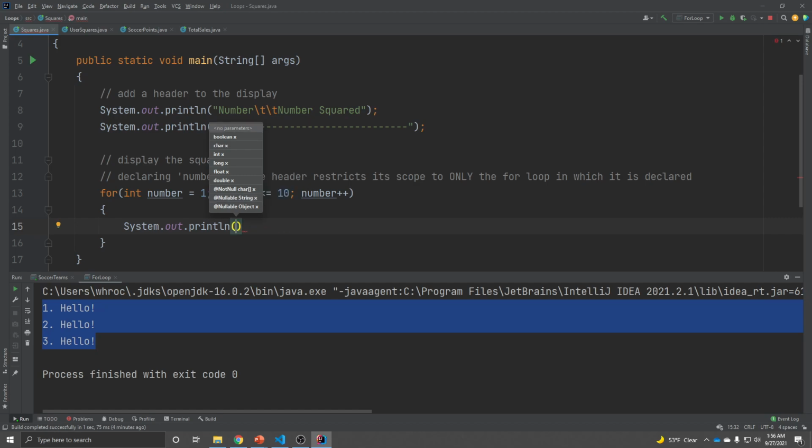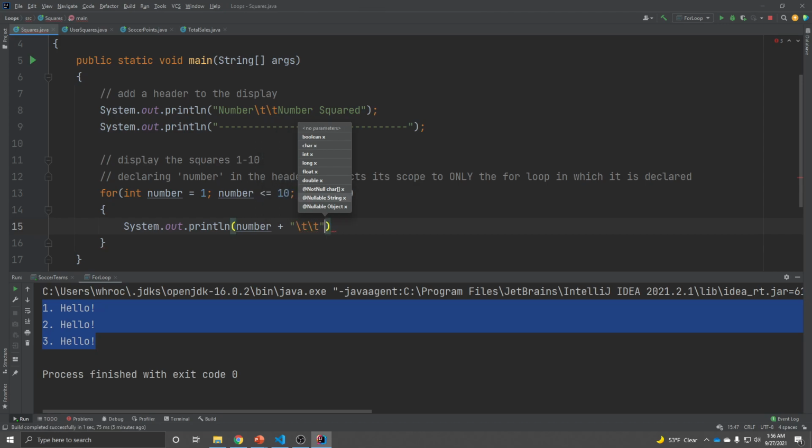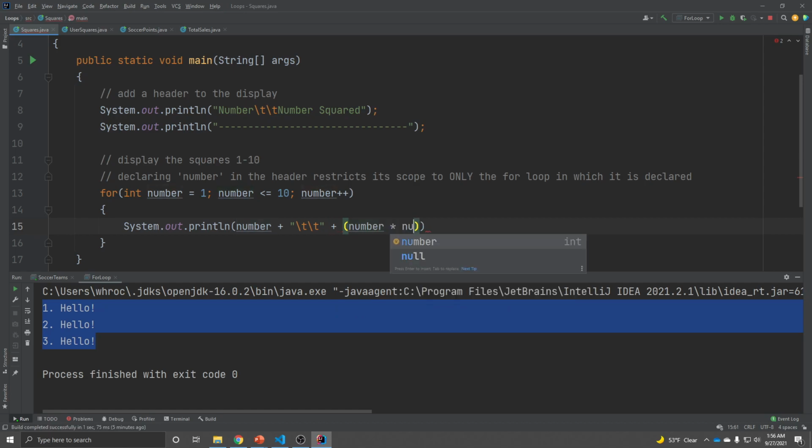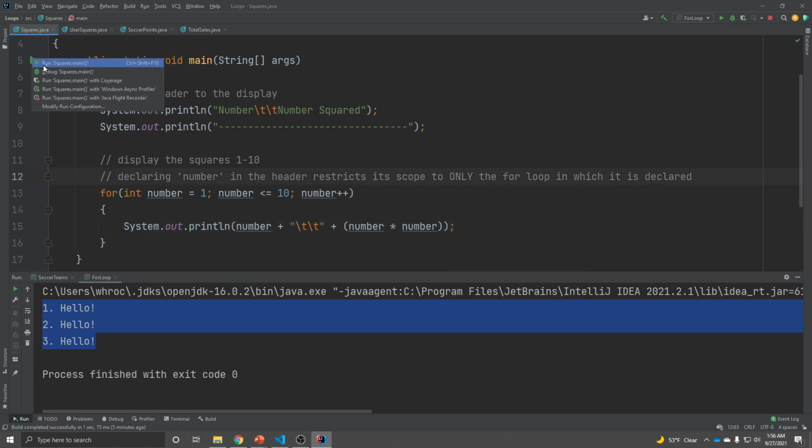And here I'm just going to print out these squares. So I'm going to print out number. I'm going to print out 2 tabs to match what I have up here, and we'll see what this is doing in a second. It's basically just making my output look pretty. And then I'm going to display the number squared, which is just number times number. All right, so if I run this program,